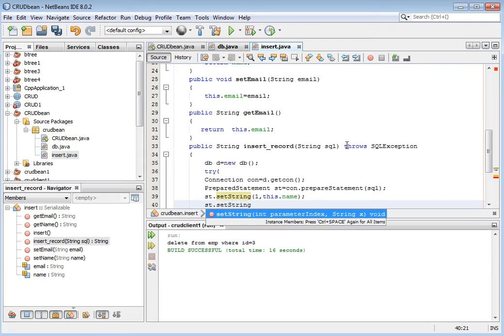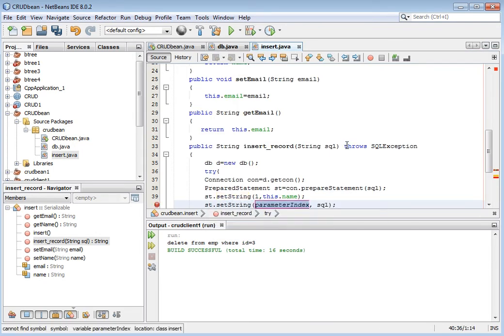We have created this d.getCon, right? This is a separate bean. Now we have this connection. What do we have to do? We have to insert.